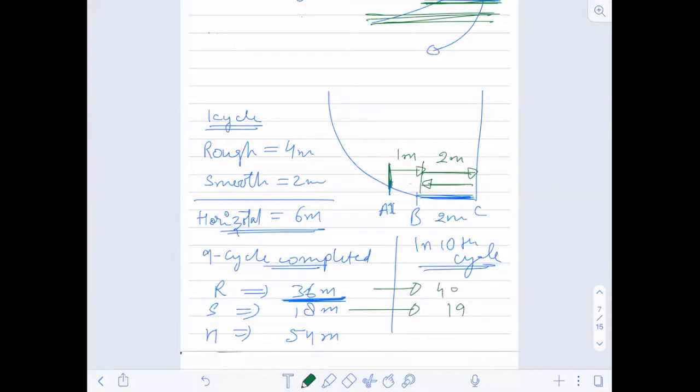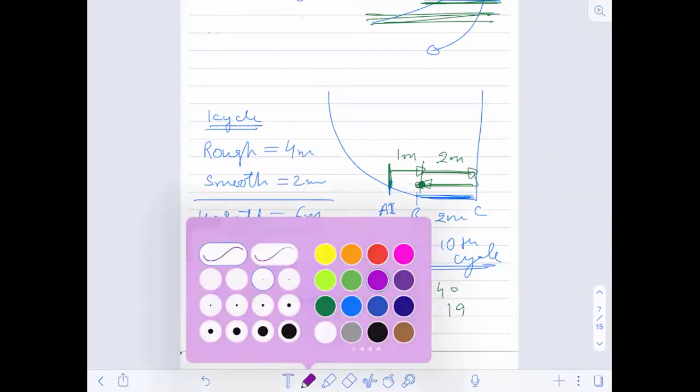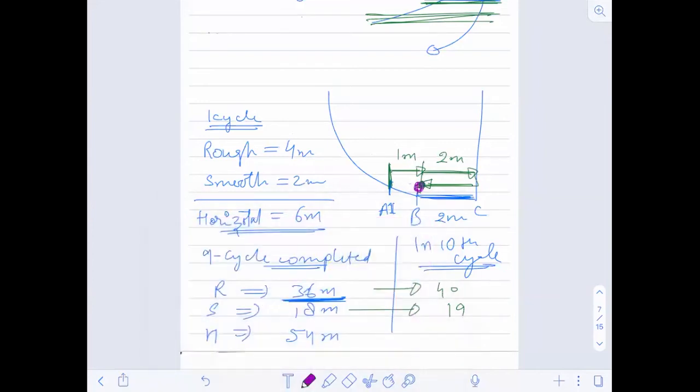Now, as soon as it becomes 40, where is it becoming 40? See here. Here only its energy is over. So if its energy gets over here only, it is not having any energy to move this distance. This distance it will not be able to move. Okay. So this will be 59 total. It will move on the horizontal surface. Do you understand this now? Yes.